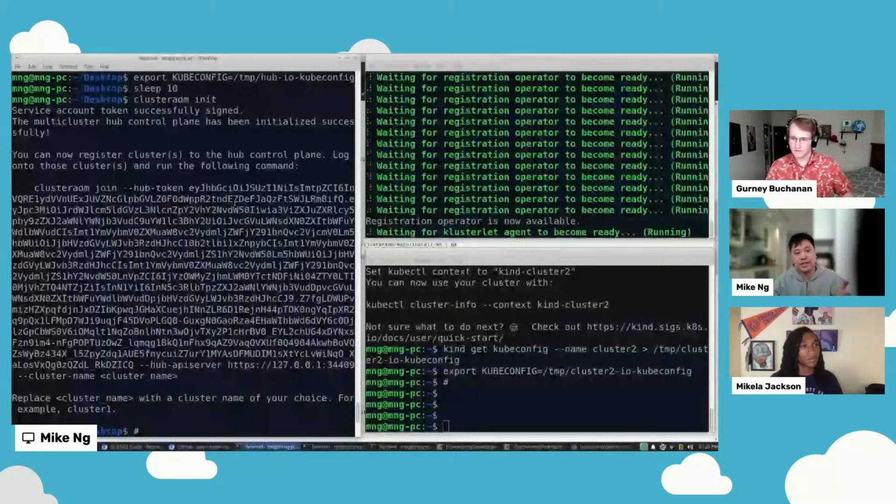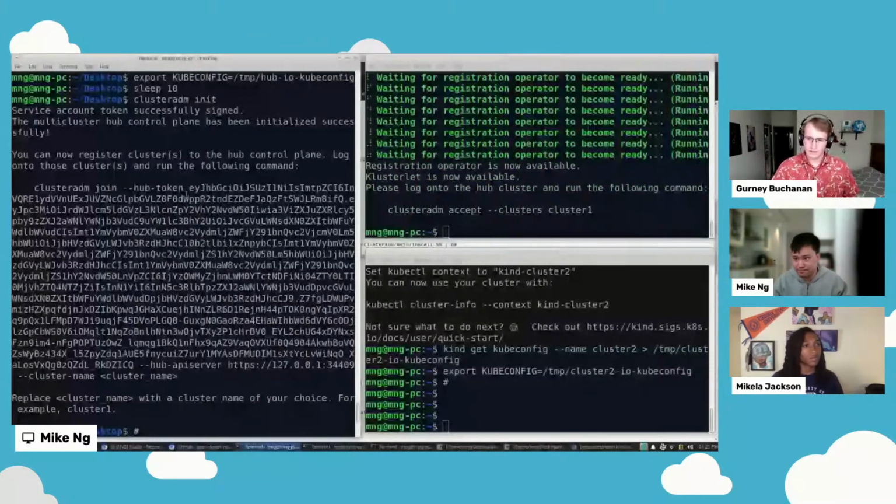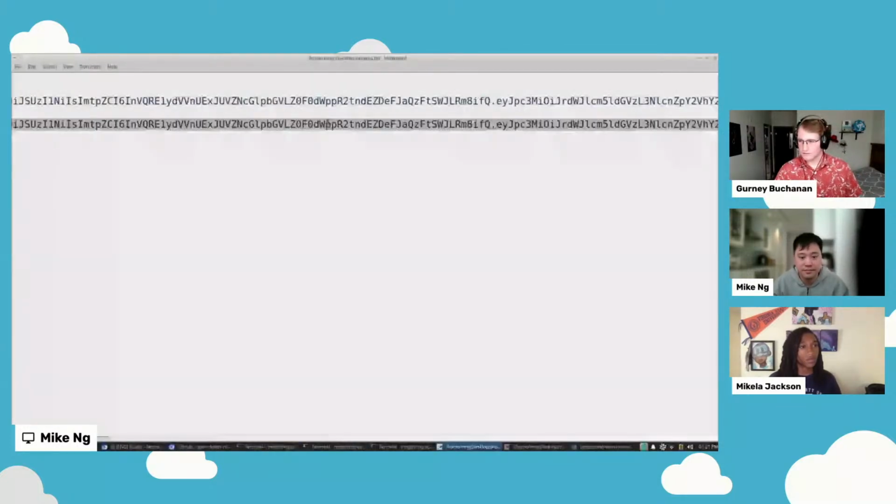With the service token, anyone can initiate the request, but that doesn't mean this remote cluster has automatically joined. The hub cluster admin still has to approve it as well. So I'm going to do that on cluster 2 as well.